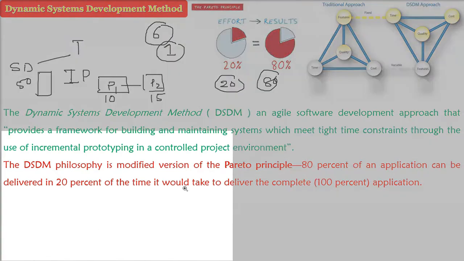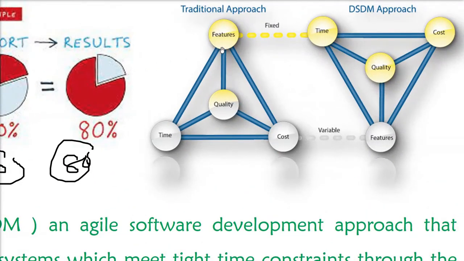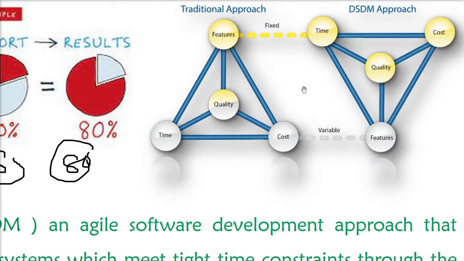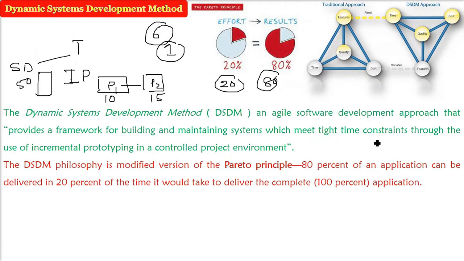It is the difference between the traditional approach and DSDM. So here features are the main key and everything is done on the basis of features, and quality is in both the key part. But in DSDM, it is all about the tight schedule and the cost cannot be overrun. So this is how the features can be compensated. That is, you can only give in the first incremental prototype 80% of the functionality which you have decided. So it's an iterative process and every iteration should follow an 80% rule.